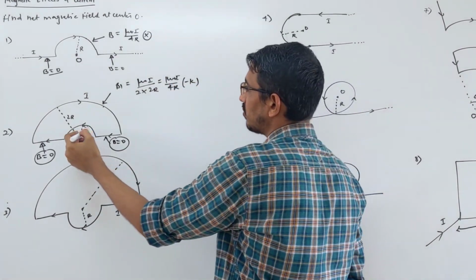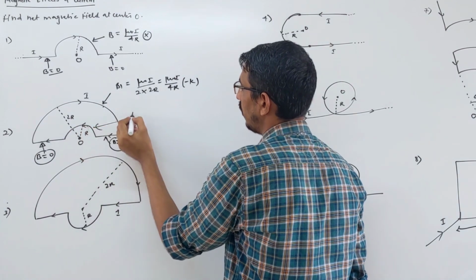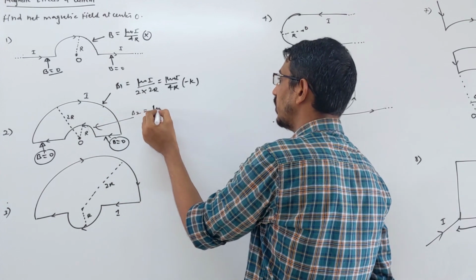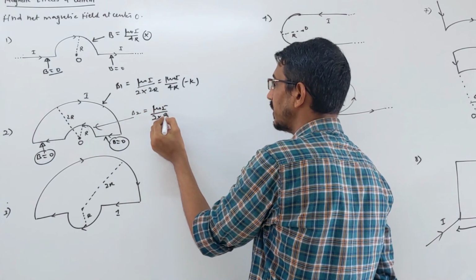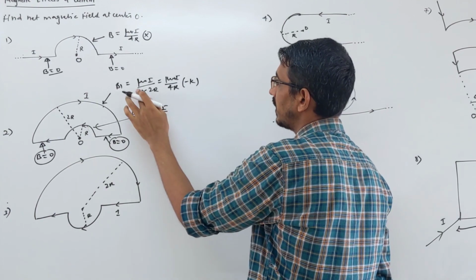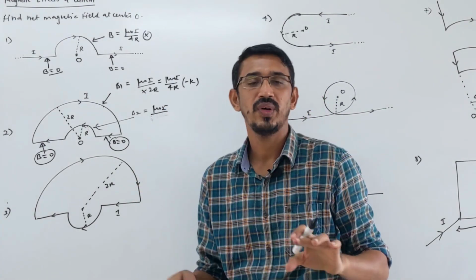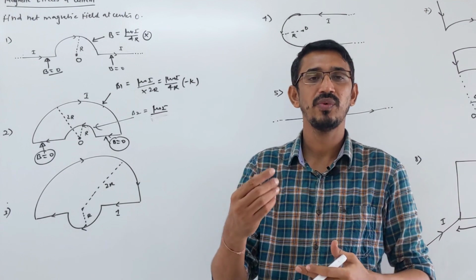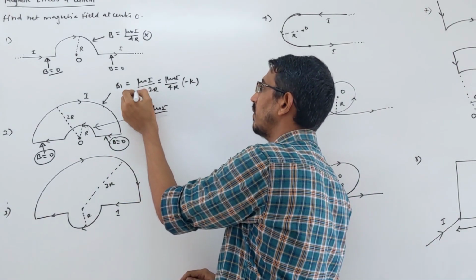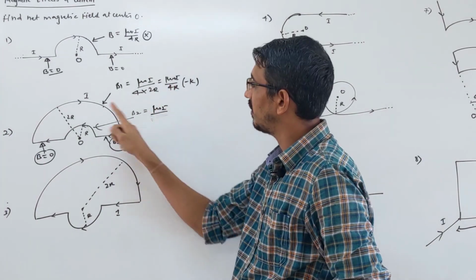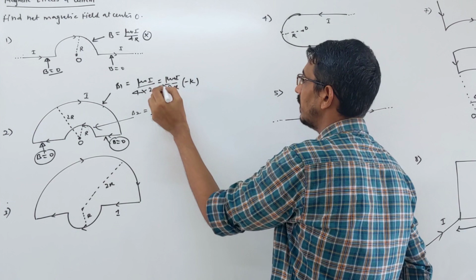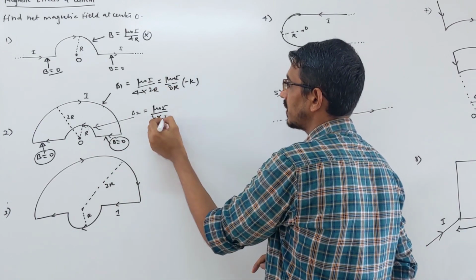Due to this small loop, let's call it B2, correct? So again half loop only, so mu naught I upon 2 into radius is, sorry, I made a mistake here. What is the mistake? For a half loop the main formula is mu naught I upon 4r, right? So I should write 4 here. Then r is given 2r for this bigger loop. So here the answer should be mu naught I upon 8r. Same here, 4 into radius, that's given r.